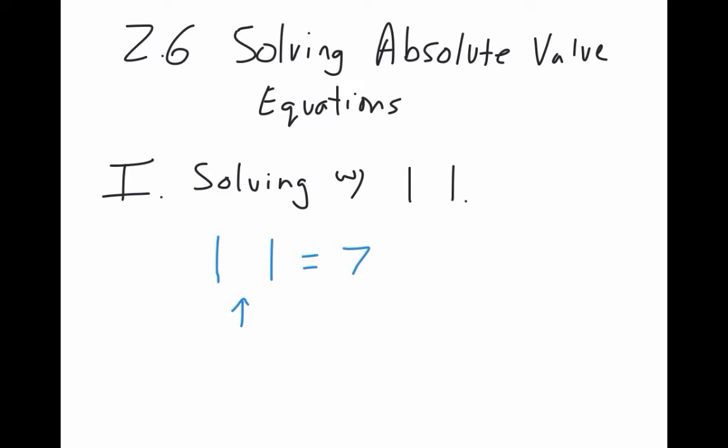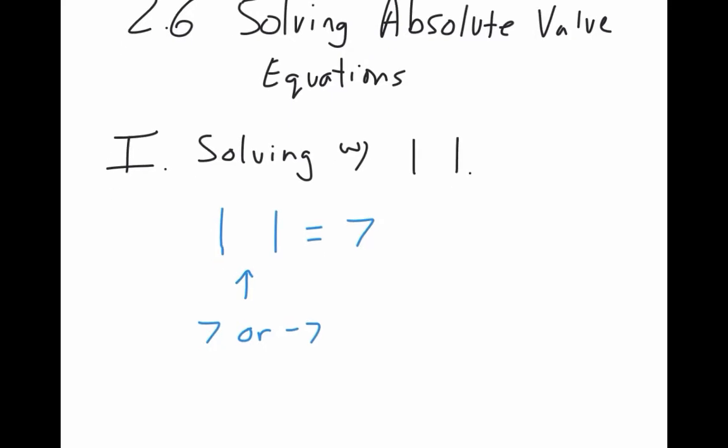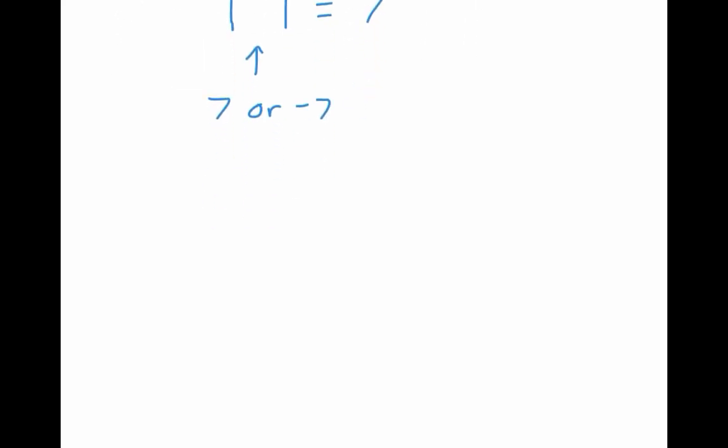So one number would be 7. Do you agree we could have a 7? Or the other thing that could be in there would be? Yeah, very nice, you two. So it could be absolute value of 7, stays positive, gives you 7. Or it could be absolute value of negative 7, gives you the 7, right? That's how we get the two answers, that if you were to now replace that with an x